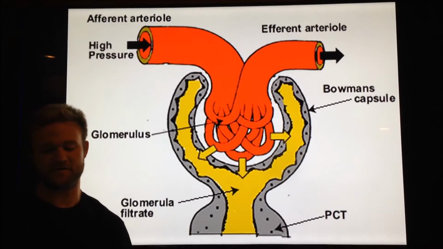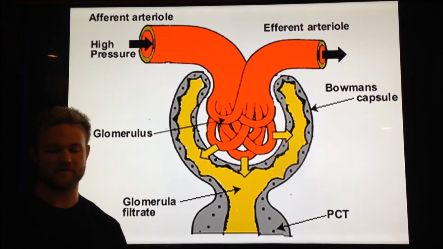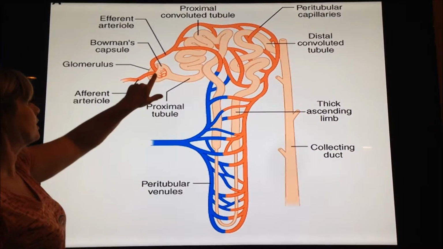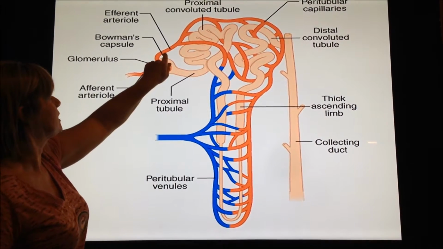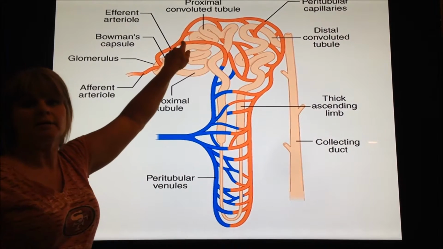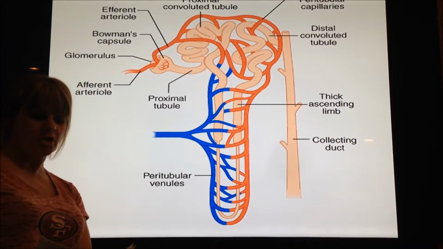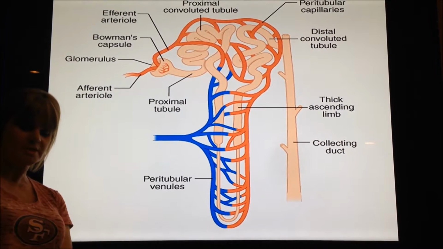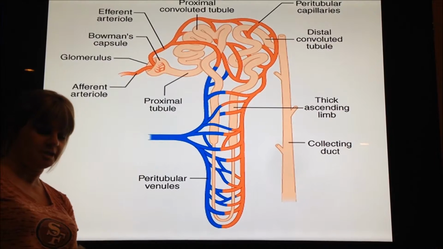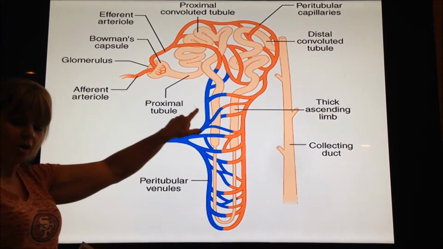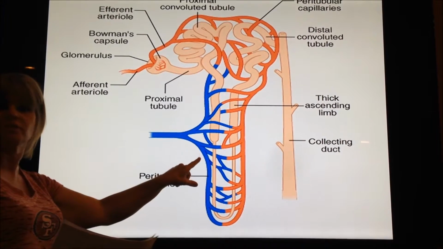The efferent arteriole is another high-pressure vessel that is part of the glomerulus that exits the Bowman's capsule. The remainder of the blood from the glomerulus leaves the afferent arteriole, and that becomes the peritubular capillaries, which are very low pressure porous vessels, and they are made for absorption instead of filtration. They are closely woven all around the whole renal tube, which makes it easy for the transfer of solutes and